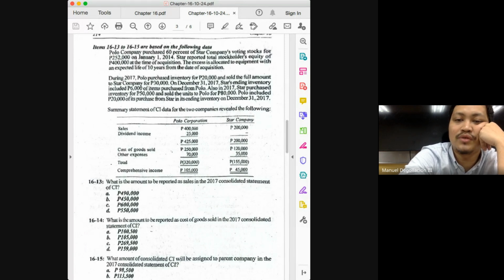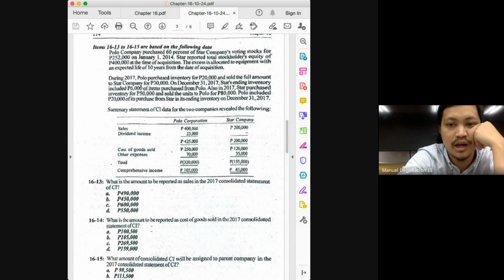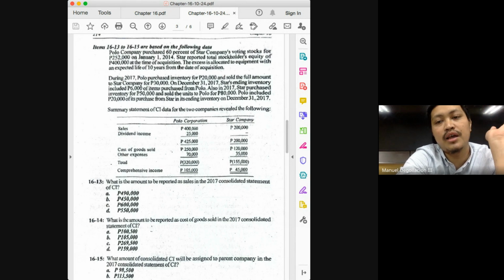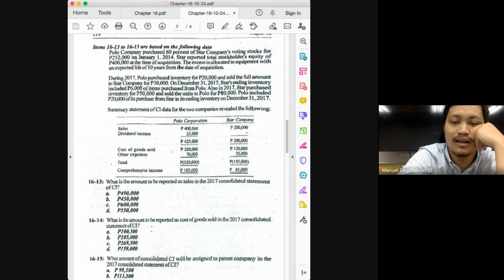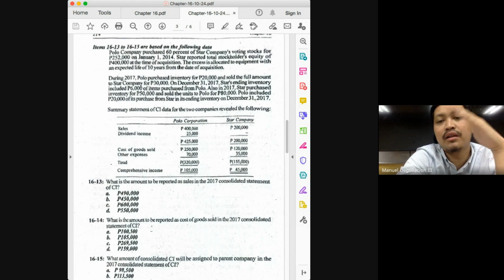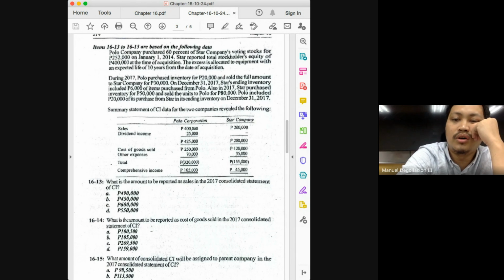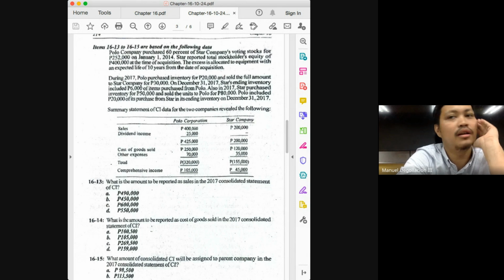But are we given the cost of goods sold of the parent? Yes, in the amount of 250. And then how much is the cost of goods sold of the subsidiary? 120. The cost of goods sold of the parent includes the sale to the subsidiary. The cost of goods sold of the subsidiary includes the sale to the parent. Okay? And again, we've explained the logic behind, class. We've explained what was happening behind the scenes. What is important is you remember what to do, and that is just add cost of goods sold of the parent plus cost of goods sold of the subsidiary minus intercompany sale plus markup on ending minus markup on beginning.